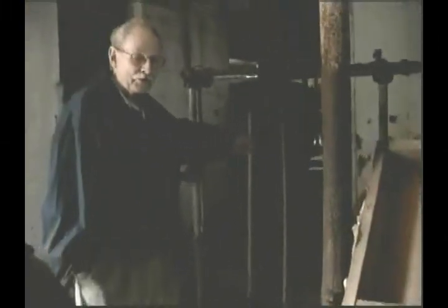If anybody's never been in a cow barn, the cow puts their head in through here and this gets closed on him, he stands here all day long. Would this have been done by hand? Oh, yeah. Well, he said no, but I think it might have been. Oh, okay. How many